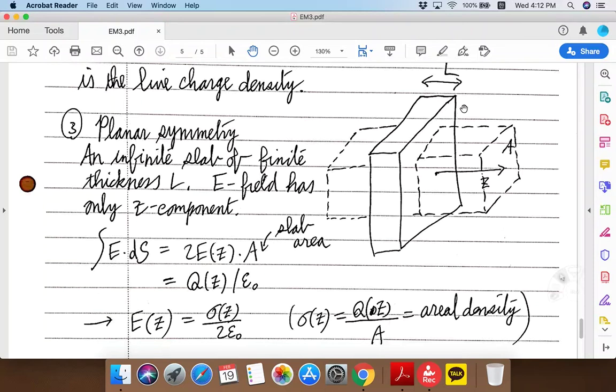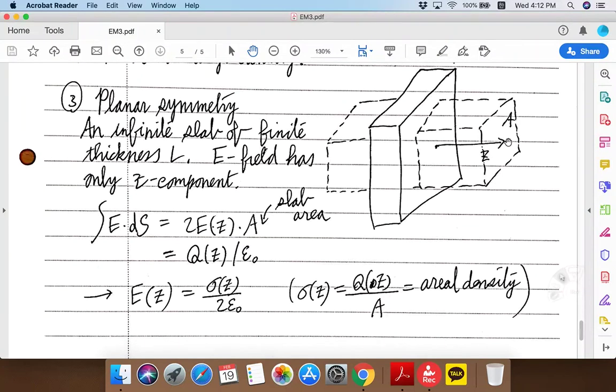Although here I have drawn it as a finite width slab, in fact it extends out to an infinite distance in this way, and also extends out to an infinite distance in this direction, and only the thickness remains finite. In that situation, the electric field can only have z component, and that's the component perpendicular to the plane. And here you can apply the Gauss law